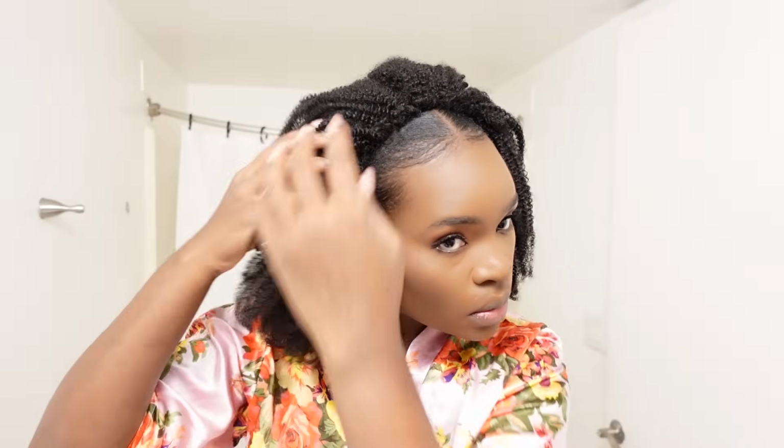And so now let me show you something that I was trying to do. Oh, you guys, look at that. You pull it. So when you pull the rubber band, it gets tighter. As it was tightening, I was trying to figure out how far to put it. And then you can see me struggle a little bit, but finally I figured it out. With this kind of hair, you just have to play with it. And then so now I'm just